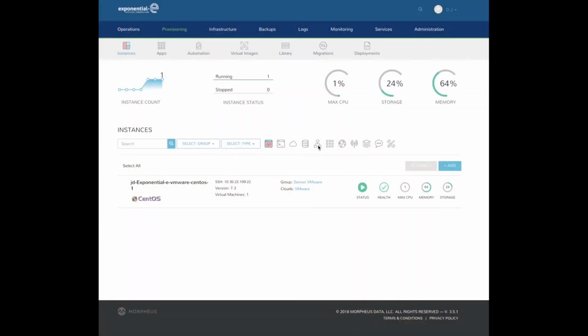In this video, I will show you how to backup and restore an instance using the server as a backup location. You can also integrate your own backup solution such as Veeam and Commvault, and we'll be adding more options in the future. So as you can see, I'm currently in my instances page and I'm going to select the